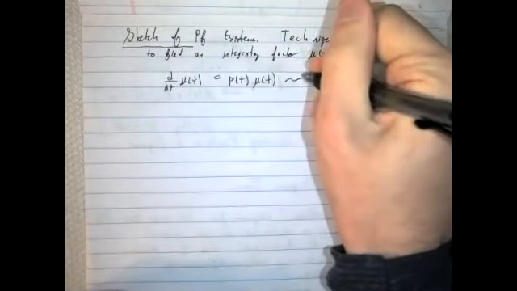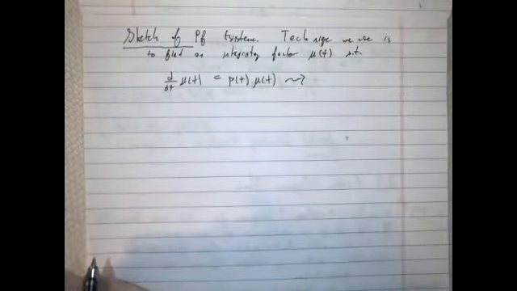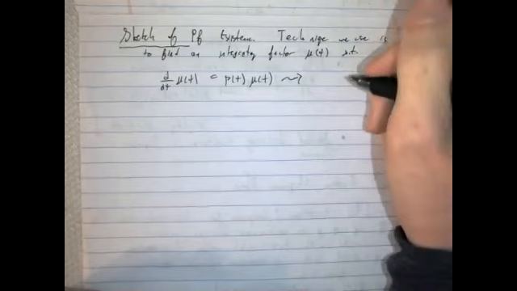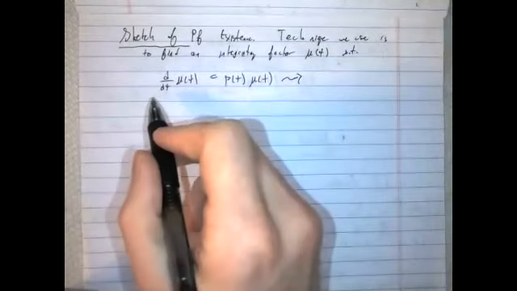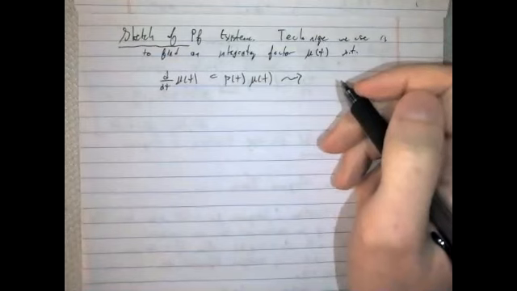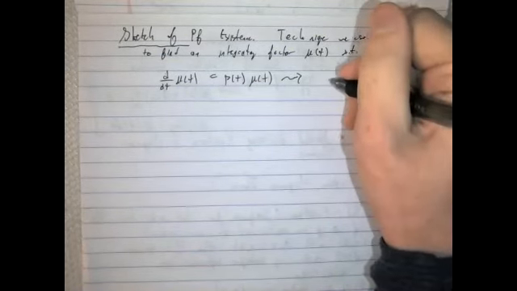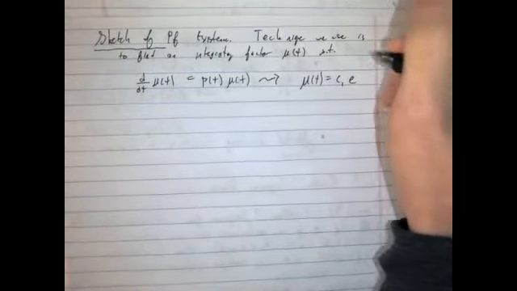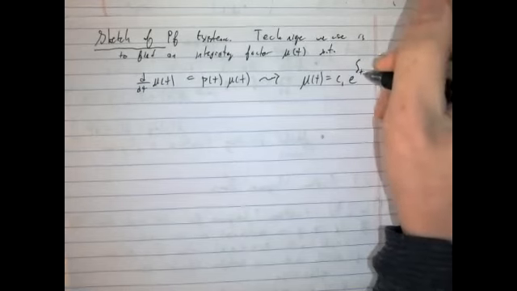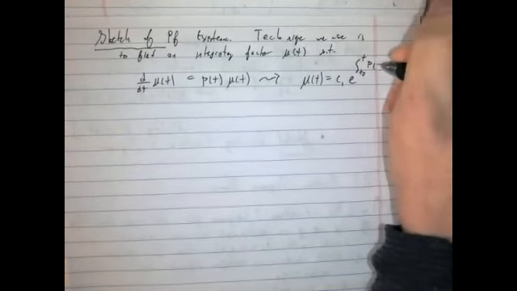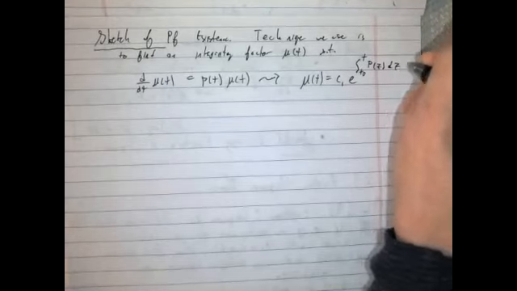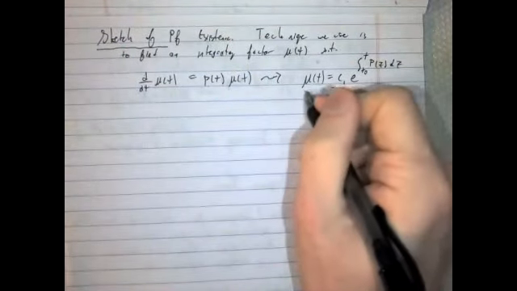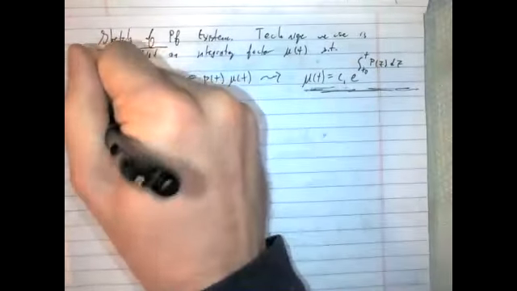And if you recall how this discussion goes, essentially what we're eventually trying to solve is something like, once we've written this, we're going to be writing down expressions like mu of t is equal to c1 times e to the antiderivative from t0 up to t of p of z dz. So essentially what we're saying is this mu of t